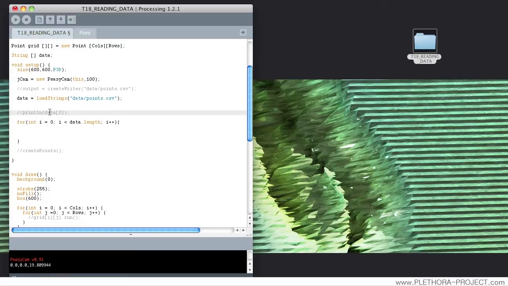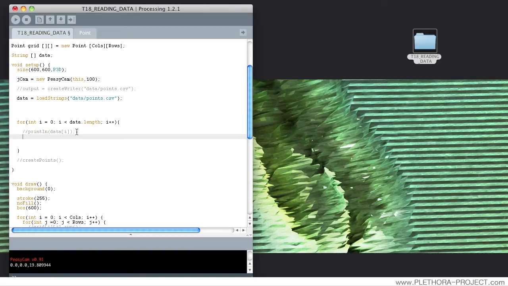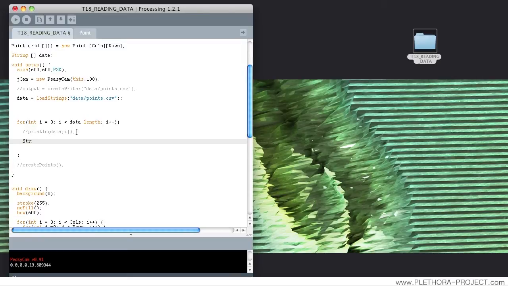And if we put that println data and an i here, we would be able to see each one of the values that we are getting out of that file, right? You could say println data[i], and it will print basically the whole file here. So no, we're not going to do that, but let's do the second step of the script where we make another string array. This one will be called fields, meaning that we want to break each one of the entities here, 1, 2, and 3. If we had a text file with more entities, still it would get broken first as each line, and then we could split it into each entity. So the way we do that is using a function called split,